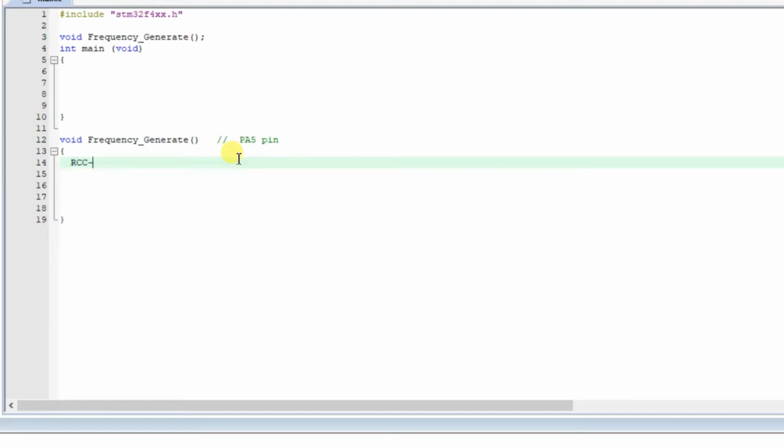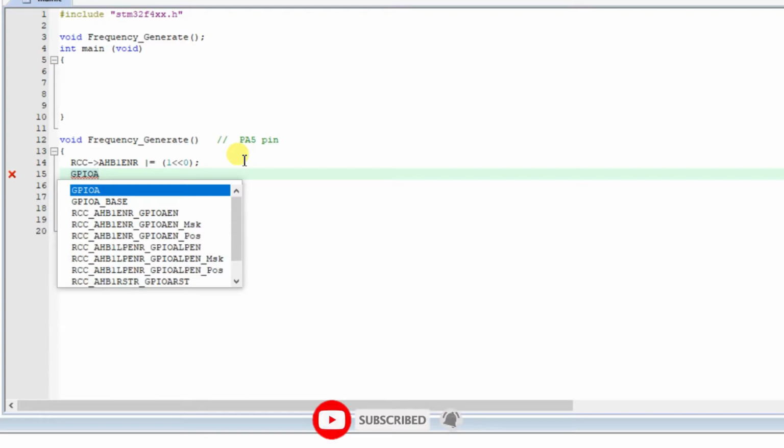So RCC AHB1ENR register and it will be 1 left shifted by 0, right? Because we have to set bit 0, because bit 0 is dedicated for port A.